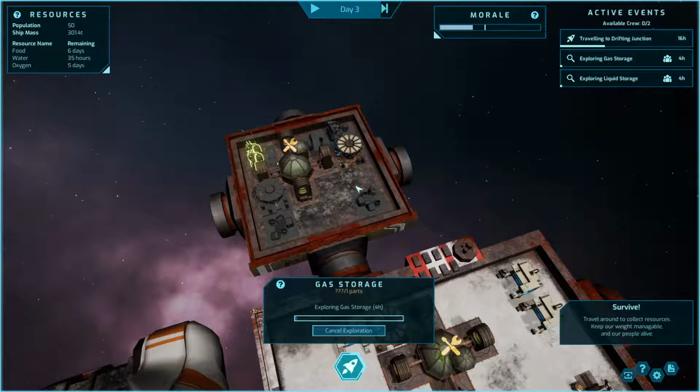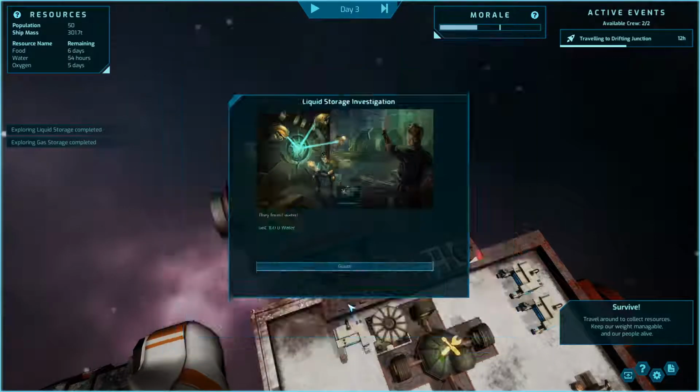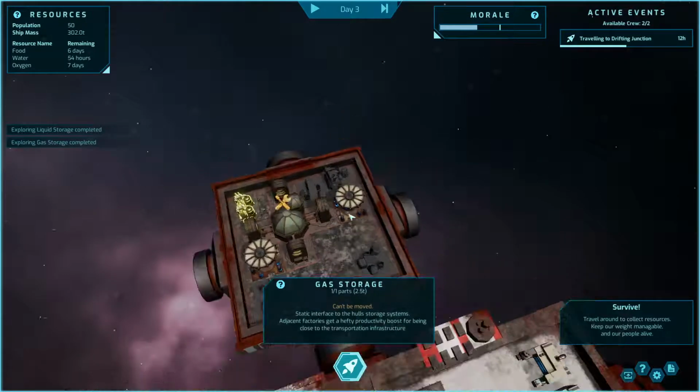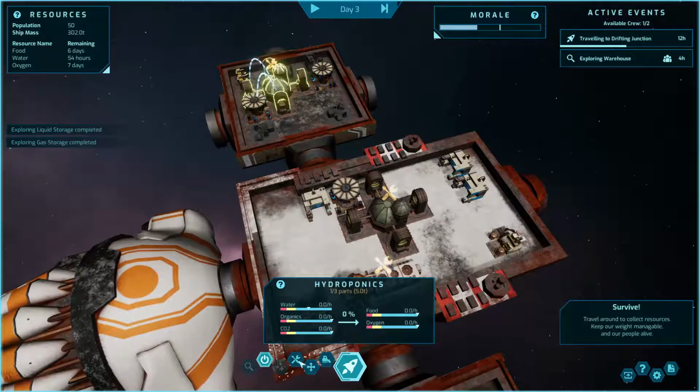Let's just try and jettison this, I think, for the most part. More water, great. There's some auction. We'll search this, and we're just going to use this to repair this thing over here, I think, so